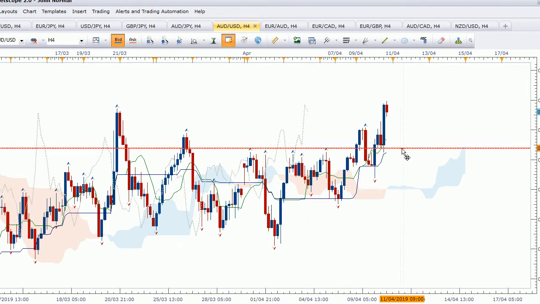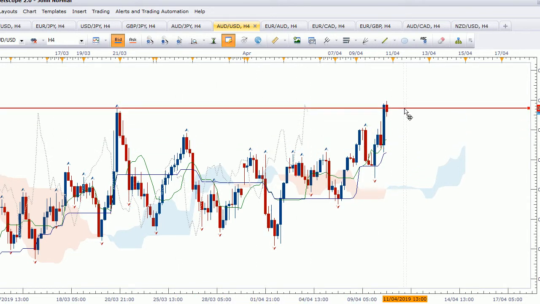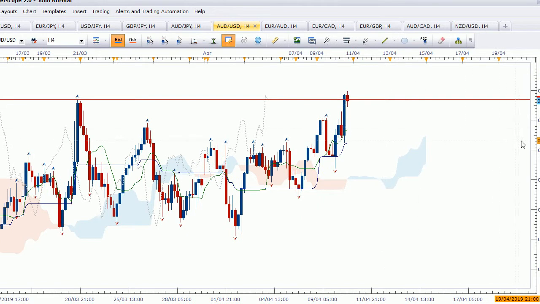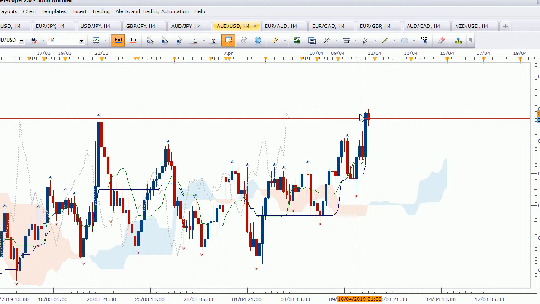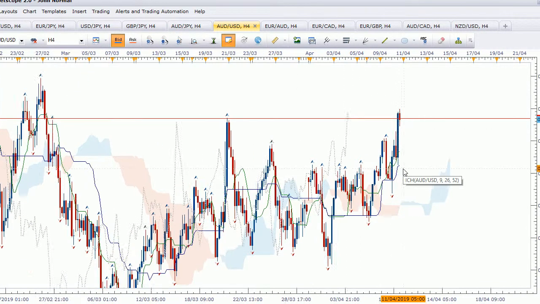Looks like we're bouncing on this level here. This could be a trade. We haven't got any candle in between, which is not a good sign, because we've not really got an entry to get in. We could do it with a doji or something. If we wanted to trade this,